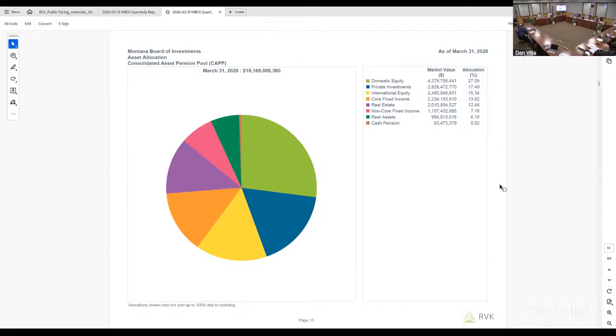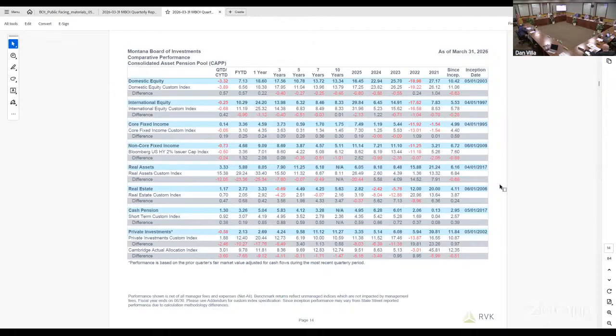Page 14 shows you the asset class performance, and this is shown on a net of fees basis here. The following page will show you ranks and how you stack up relative to peers there. And the domestic equity portfolio for periods of 1 year and shorter, you may recall this is a passive portfolio. And so really any noise in more recent periods since the active managers have been terminated is just a function of whether there was more small cap or mid cap relative to the overall market. But here you can see the return for the fiscal year to date. You've gotten a 7% rate of return for domestic equity.